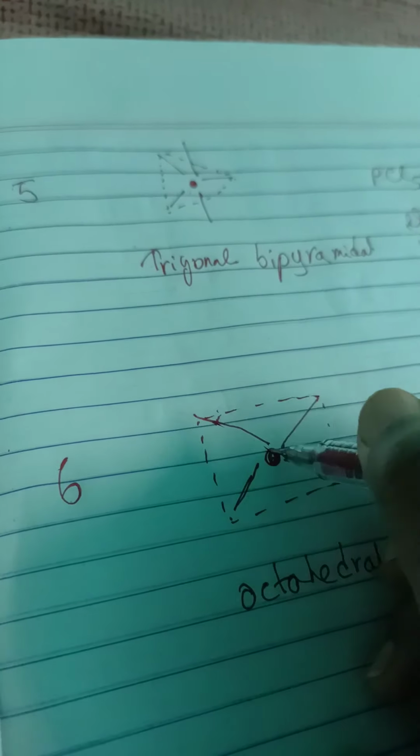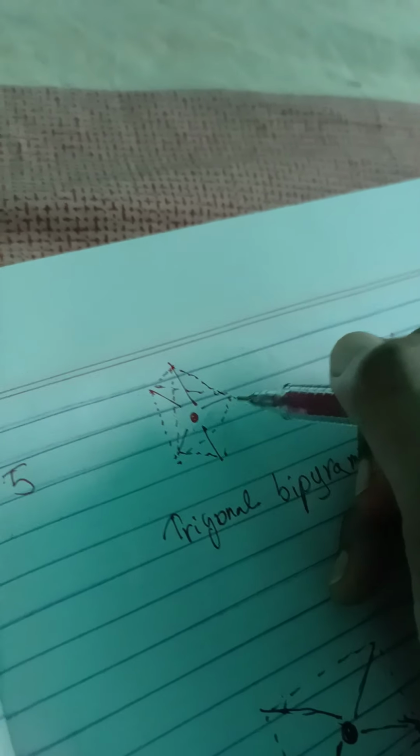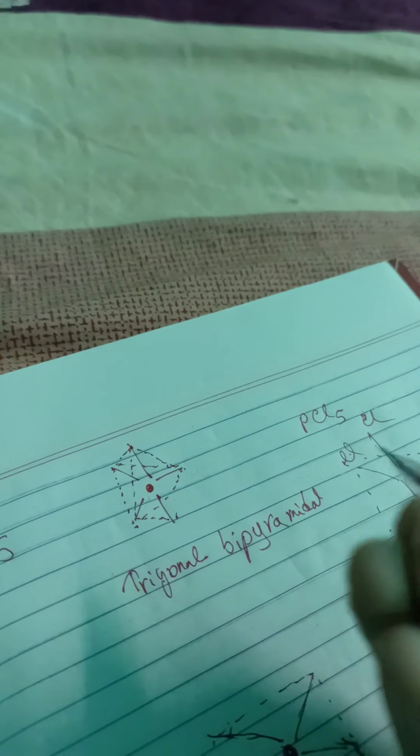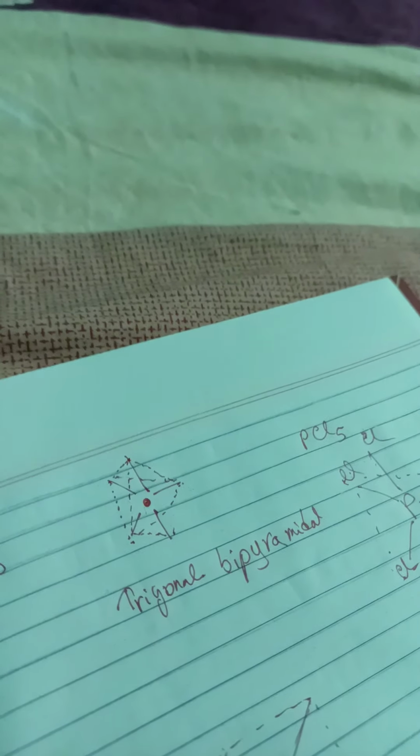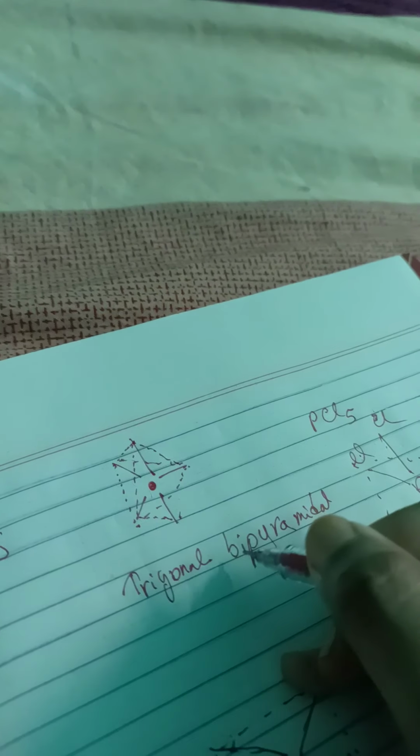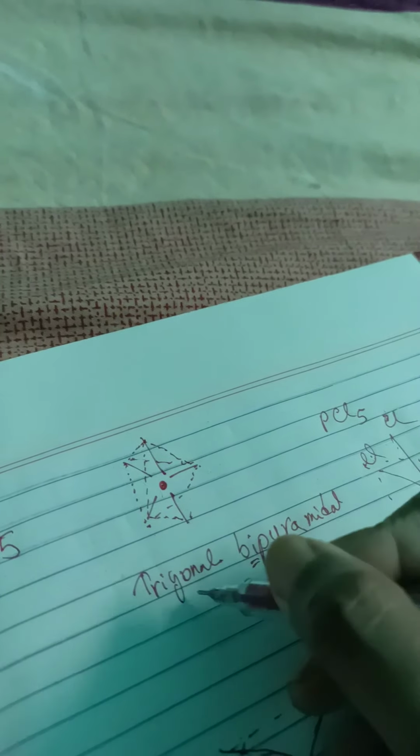You know why I'm drawing the imaginary lines? To show what the shape looks like. Here, in the trigonal bipyramid, why is the name trigonal bipyramid? This looks like a triangle and this is up, so I can draw one more imaginary line. If I draw all the imaginary lines, it looks like a trigonal pyramid, up also and down also. How many pyramids are there in this picture? 2 pyramids. That's why bipyramid. Bi means 2, in trigonal shape. So trigonal bipyramid.